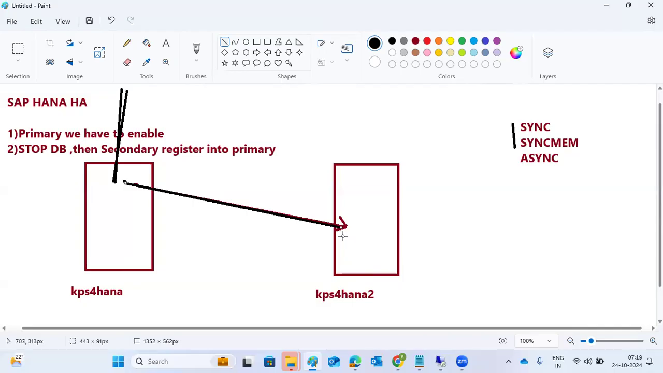Why? Because only if the secondary sends the acknowledgement to the primary will the primary send one more transaction. Until then, the primary will not send any transaction here, right? So that is called the